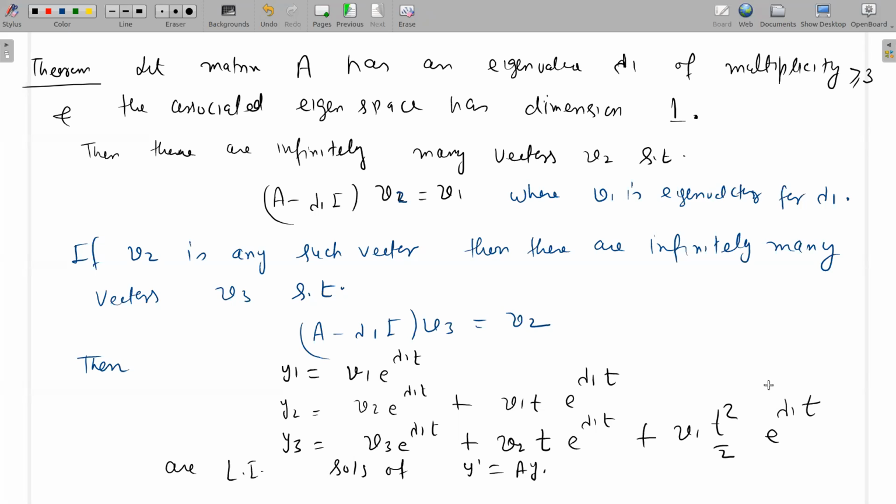You can verify y1 y2 we already verified, you can also verify that